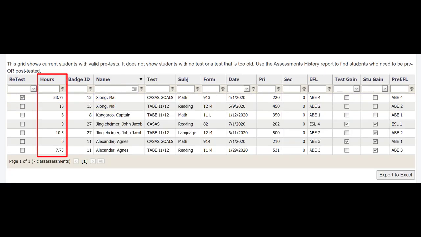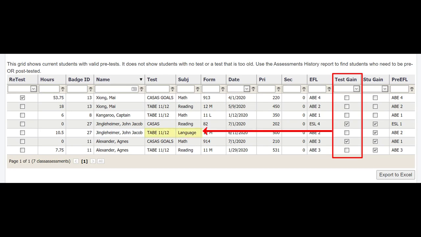The hours column shows the number of classroom hours earned since the student took the test. The EFL column shows the current educational functioning level, or EFL, for this test family and subject. The test gain column will show a check mark when this test family and subject shows a level gain in this NRS program year.